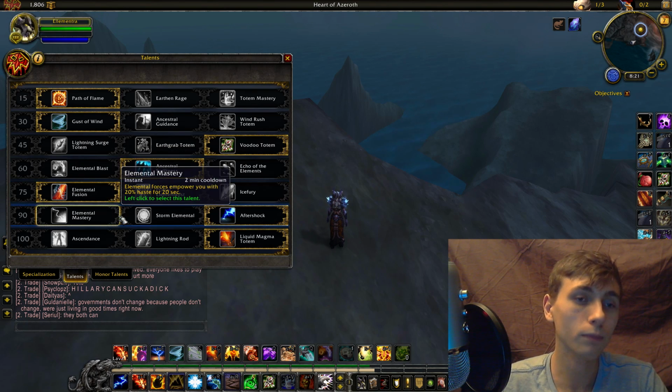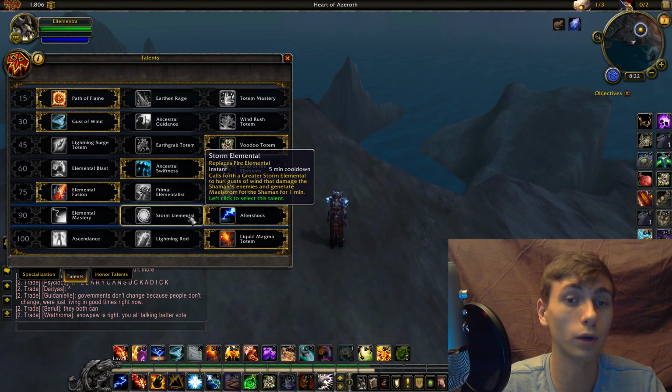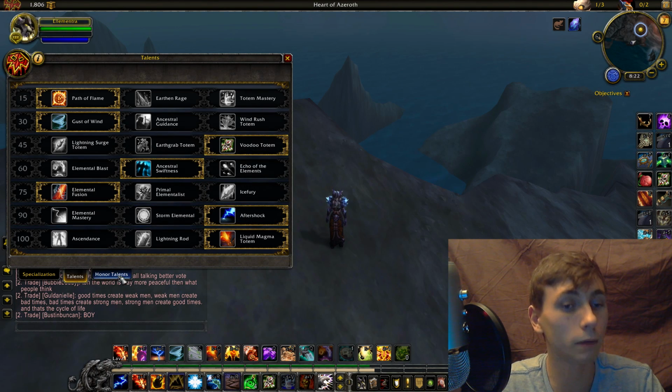Now for your level 90 tier, Storm Elemental is a great option because we talked about earlier in your Fist of Ruden that your Fire Elemental is going to be reducing its cooldown by 2 seconds every single time you hit Lava Burst. So now you got Storm Elemental instead. You're going to be proccing this one a lot more often with all the Lava Surge procs you're going to be doing. Aftershock is what I personally like to use though, because I go into my Honor talent tree and